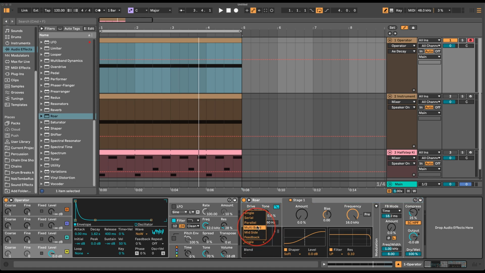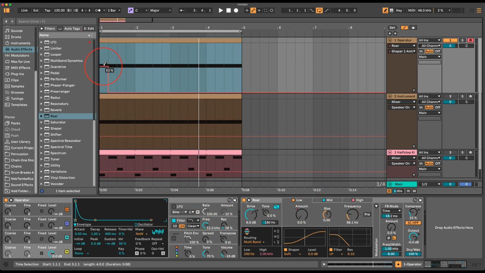Put it in multiband, and we'll leave this one as a low pass, put this one at a band pass, and this one is a high pass. And then where the kick should be is where we'll turn the drive up for the roar. So now it'll kind of,